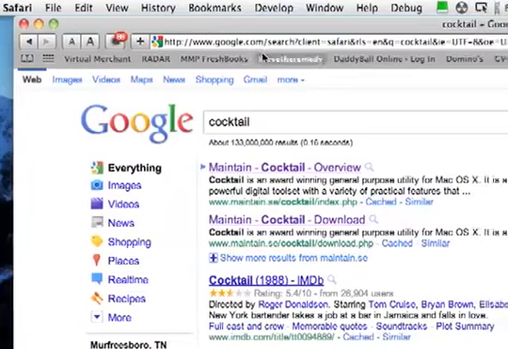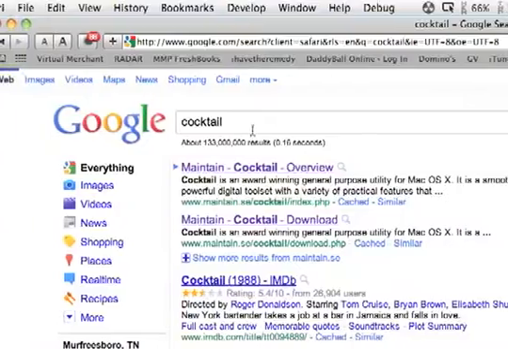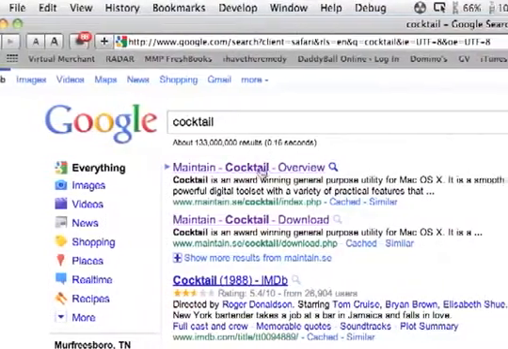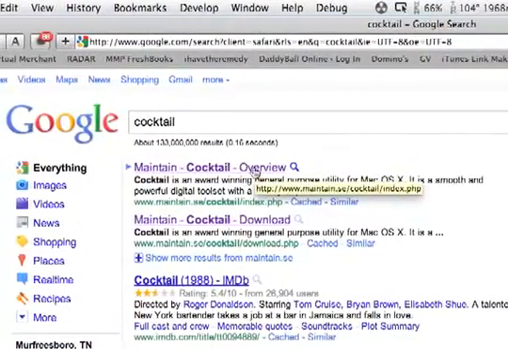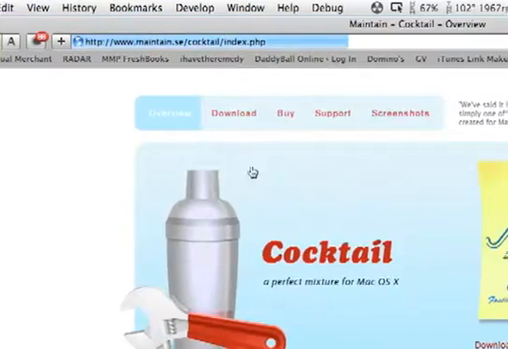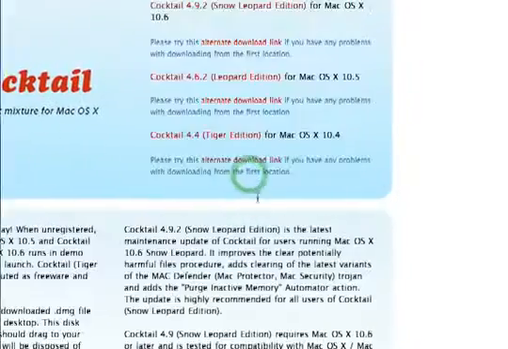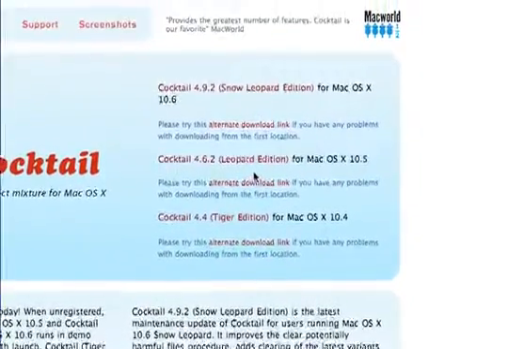Here I'm going to show you how to install and run Cocktail. Just do a search for Cocktail, maintain Cocktail overview will be the first thing that comes up most likely. You want to go to download your free version, trial version today, and choose whichever version of OS X you're